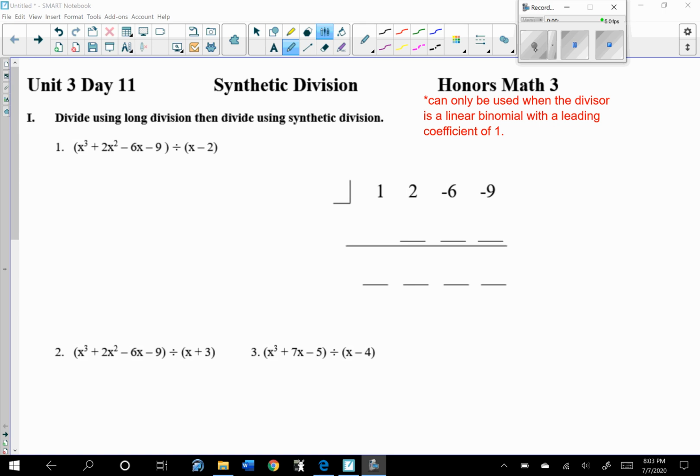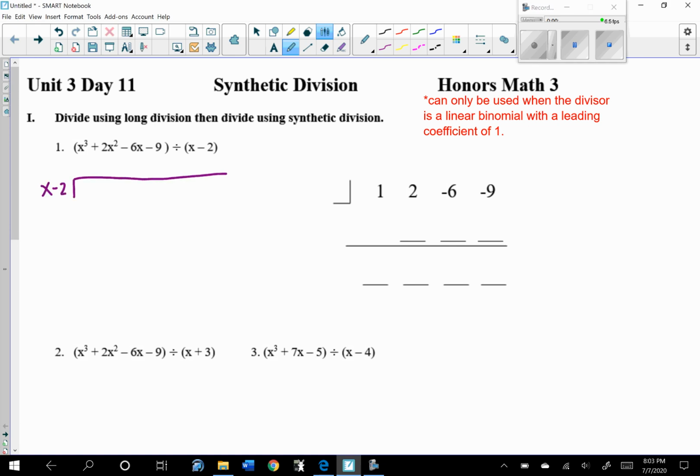Today we're going to talk about synthetic division for polynomials, and this can be used sometimes but not all, which is why we still have to know how to do long division. So go ahead and divide this first problem using long division. After you're done with that, you can unpause the video and look at the answer, and then we'll do synthetic division. So looking at number 1 for our long division, recall that we have x minus 2,